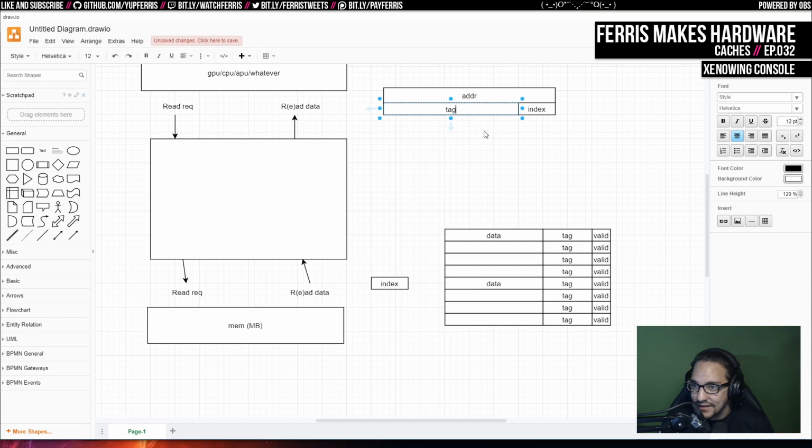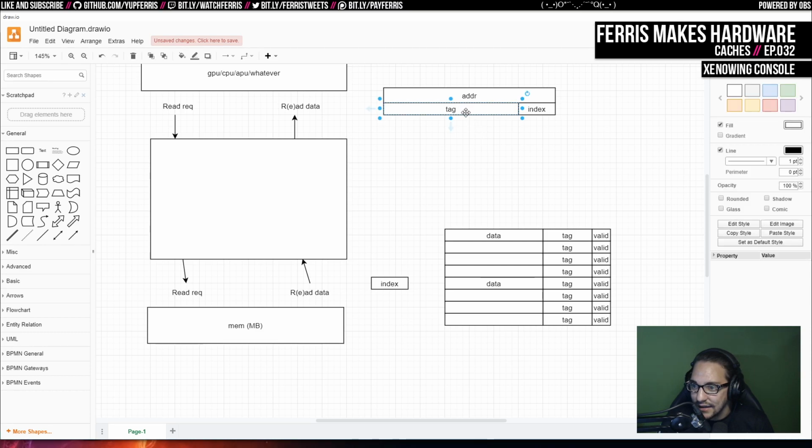So we can even call this the tag part. We put this tag in here, and we also need to make sure that matches. Then we mark the valid bit as valid. That way, the next time we get a read to the same address, or at least the range that this data covers, we can check for the given index of the read: was the valid bit set? So we actually had data, and did the tag match? Because it's totally possible, since this is so small. Like in this case, if this actually were 3 bits and you'd have 8 lines here,